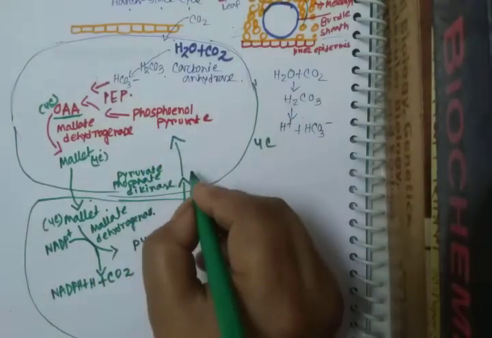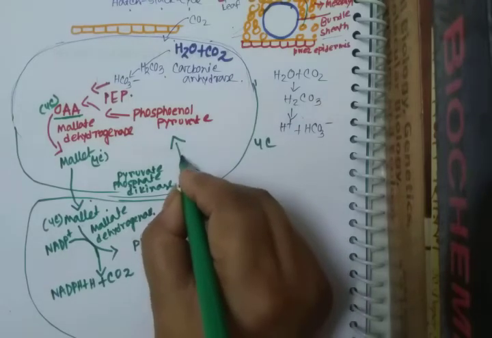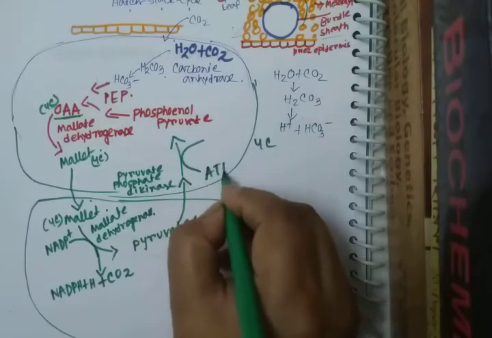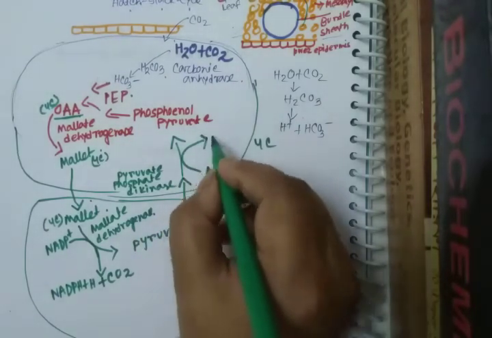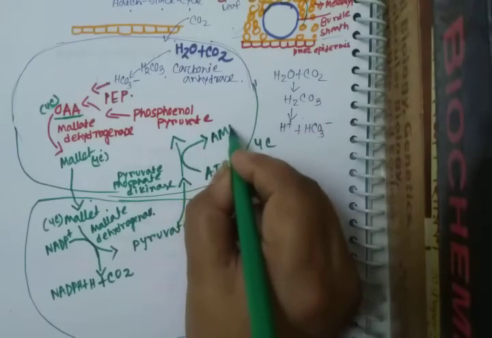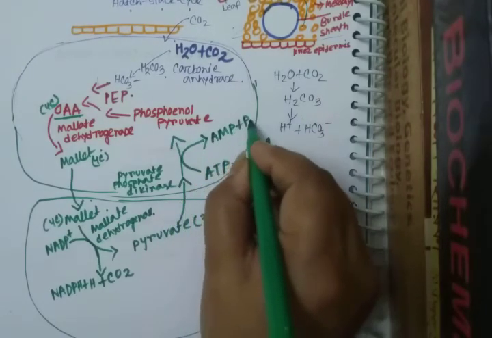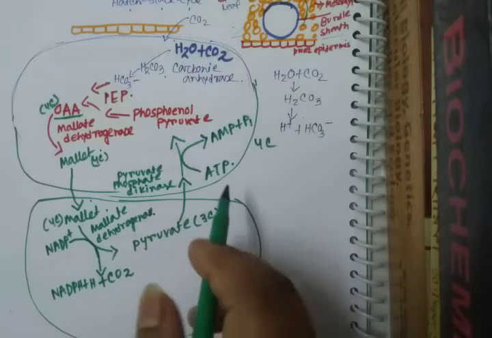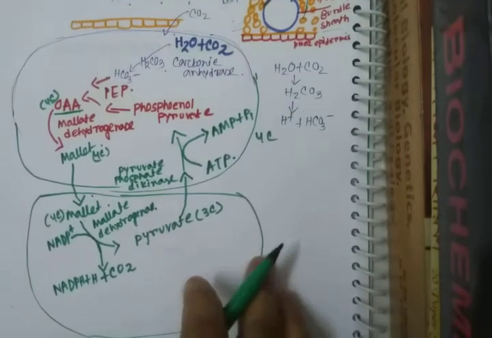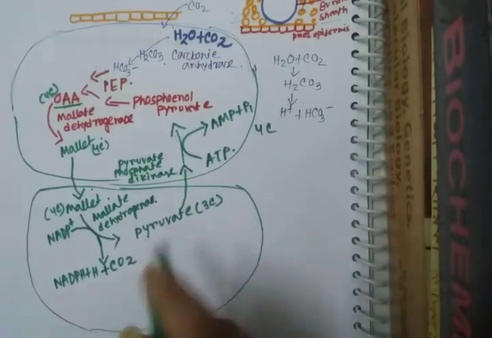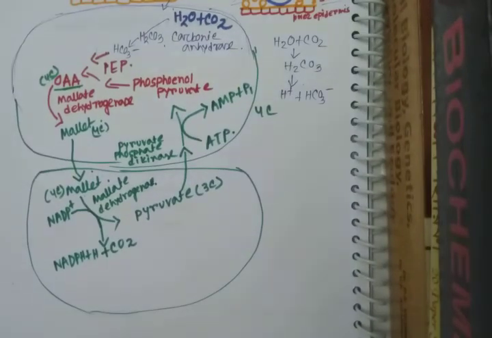And in this process ATP is also required, and ATP will form AMP, that is adenosine monophosphate, and inorganic phosphate. So this occurs, and the CO2 that we get, this CO2 will